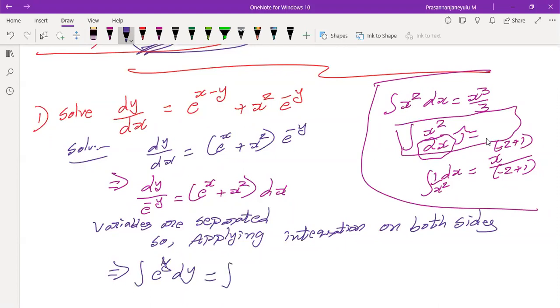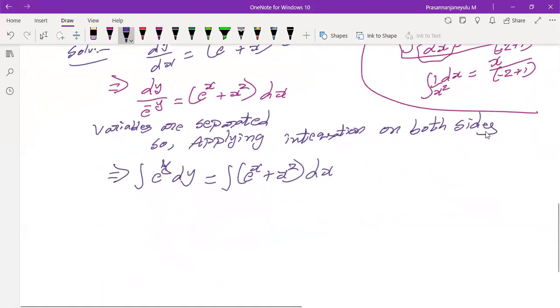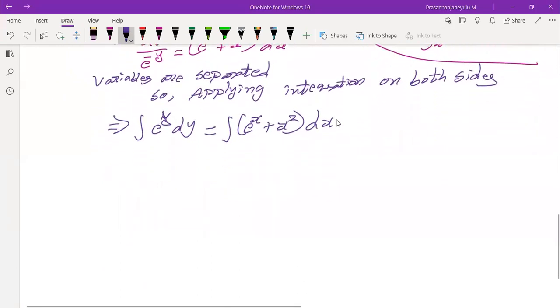integration of, can I separate this? Otherwise writing as it is, e power x plus x square into dx. So now tell me, can I write plus c according to our procedure? Yes or no? No, we should not write. Why? Because as I mentioned in the procedure, after completion of integration only, in the last step, we have to mention plus c. But in procedure, we are unable to find the integration of phi of x into dx like that. So I mentioned as plus c.